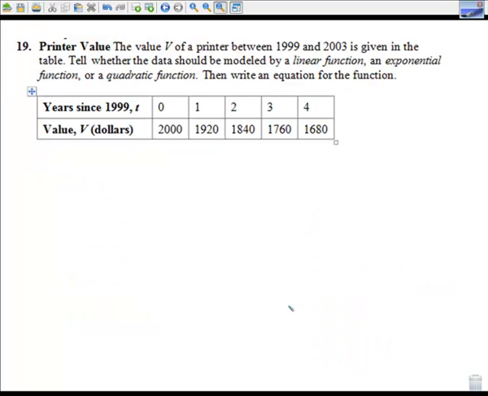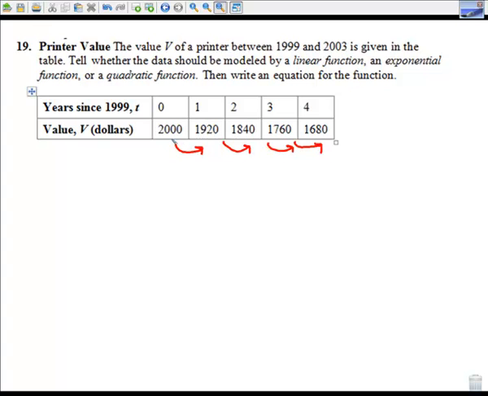Okay, last one. The value V of a printer between 1999 and 2003 is given in the table. Tell whether the data should be modeled by a linear function, an exponential function, or a quadratic function. Then write the equation. So again, all the x's are increasing by 1, and it appears that my y values